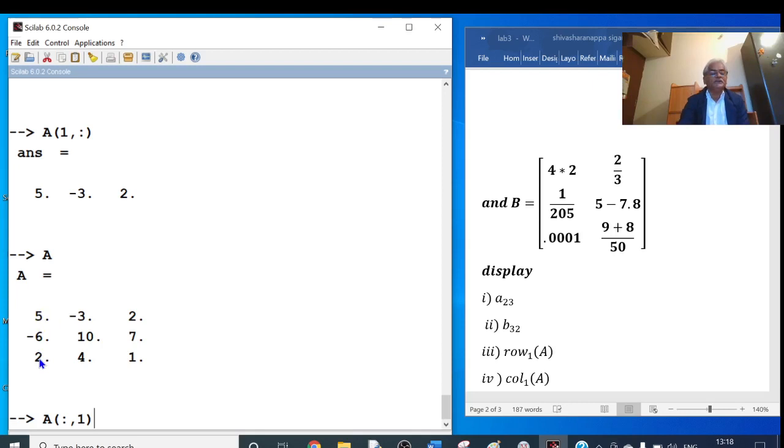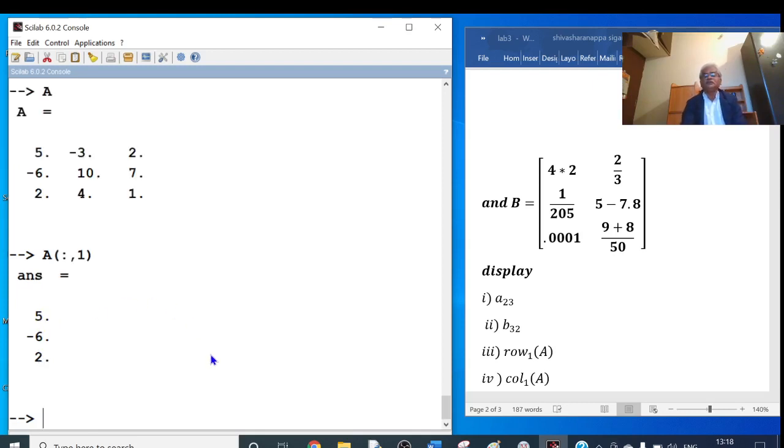Okay, I will press the enter button. I am getting 5 minus 6, 2. Next,